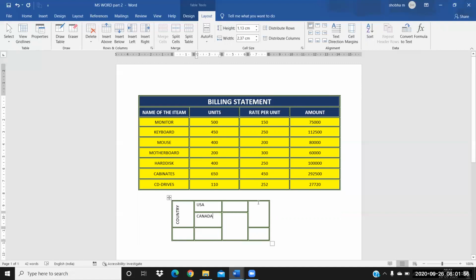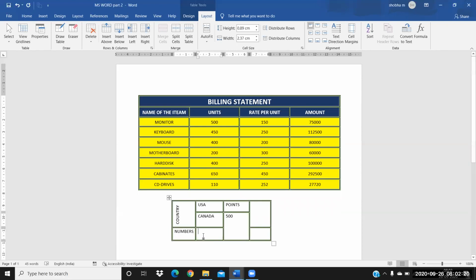So I have taken USA and Canada. Okay, so I'm typing here points. See, I'm typing the points here, like 500 points. So I'm typing here cases. Okay, so it may be anything, numbers.